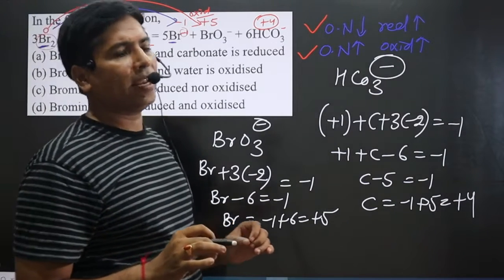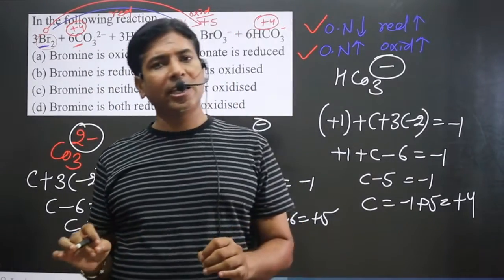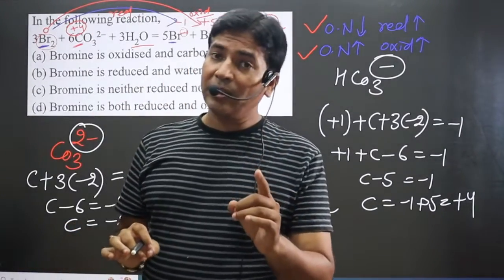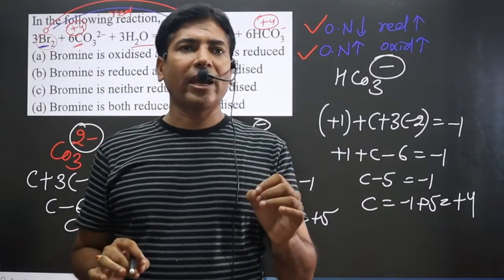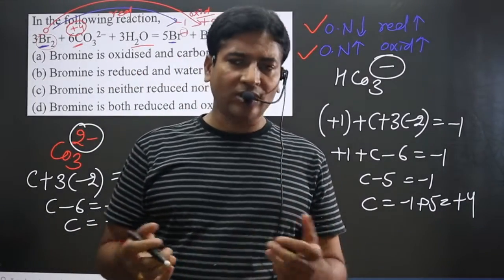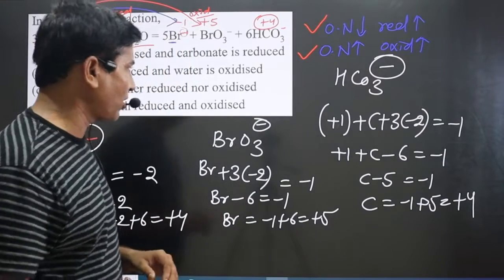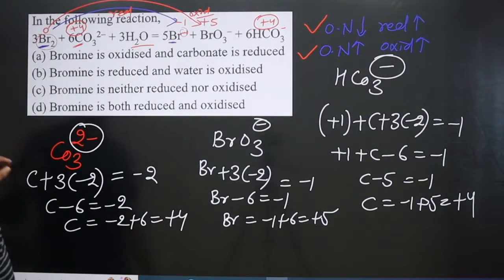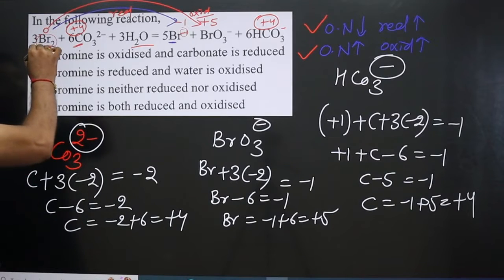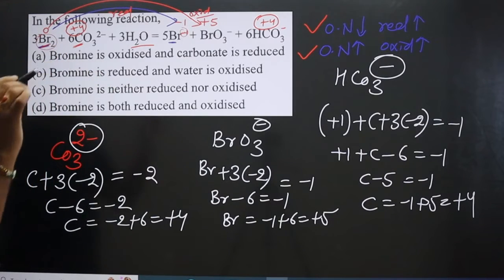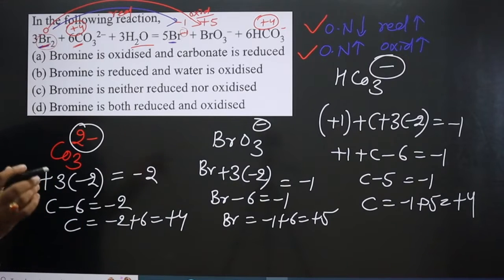You might have learned a chemical reaction in which the same element undergoes both oxidation as well as reduction. Such a reaction is known as a disproportionation redox reaction. It is an example of a disproportionation redox reaction in which the same element undergoes both oxidation and reduction. You can see bromine is undergoing both oxidation and reduction because there is an increase as well as a decrease in oxidation numbers.